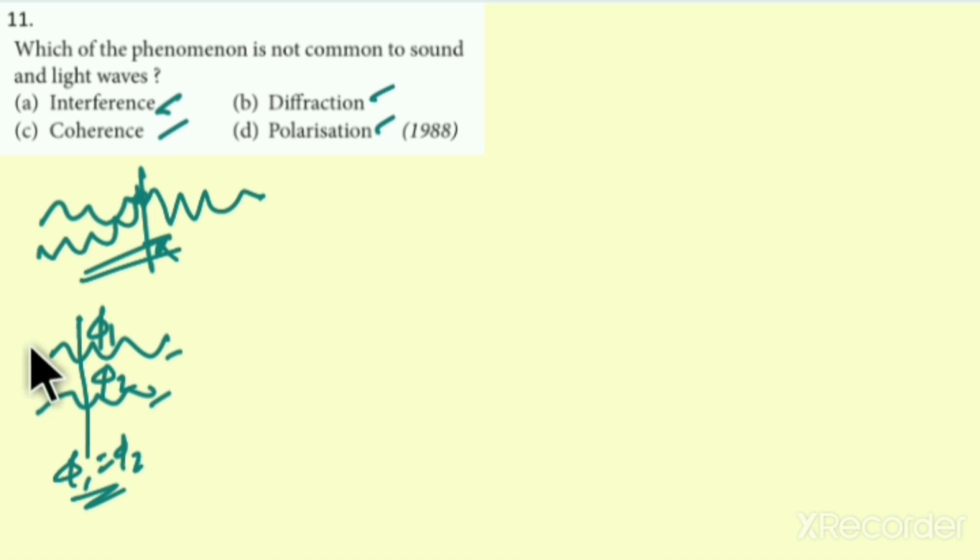Usually it is known that these two have the same source. And diffraction, we know that diffraction is of some diffracted wave. We know it very well that a wave can be diffracted from a point. Now polarization is a little hard to understand, but we can easily understand it using some basic concepts.